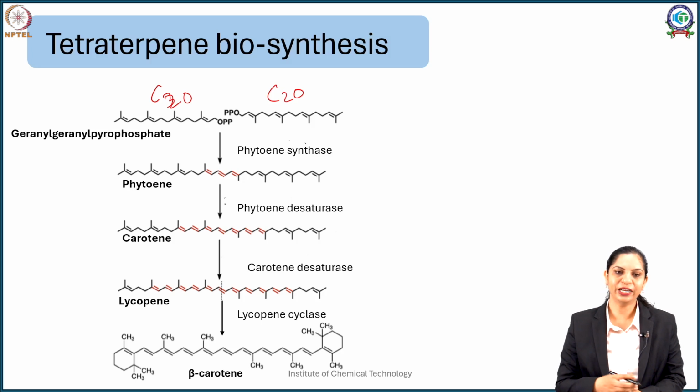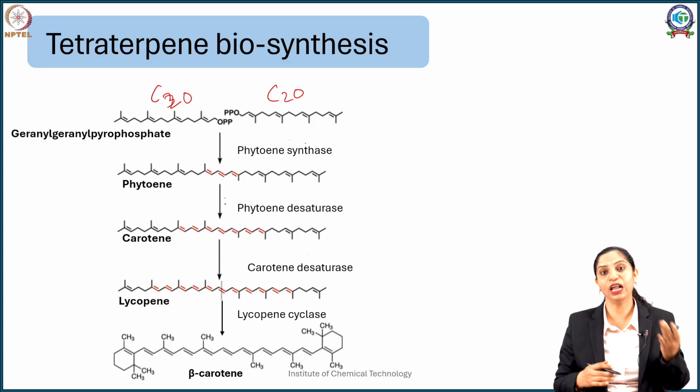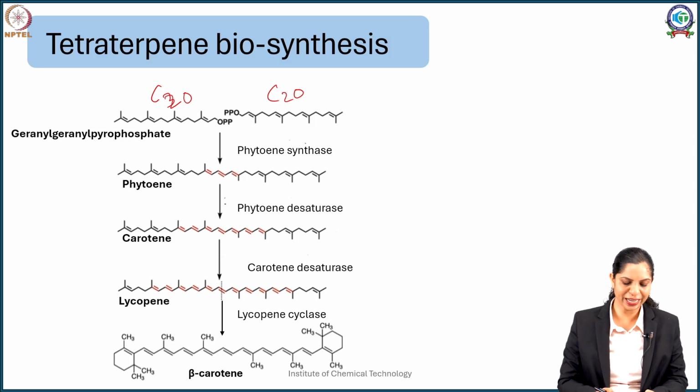Now, this carotene will undergo still more unsaturation to form lycopene, which is an intense red pigment which is present in your tomatoes. And then you will see cyclization. Now this cyclization happens in presence of enzyme called lycopene cyclase, and it gives rise to both alpha and beta carotene. For convenience I have just put here beta carotene, but you can visualize it, it is very simple. You can just see it is the same thing.